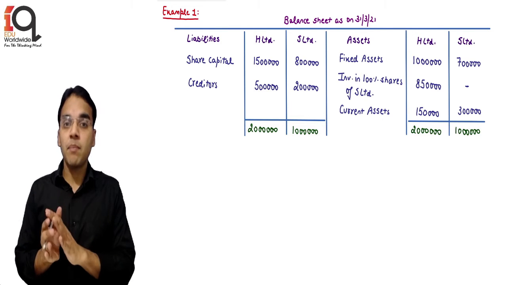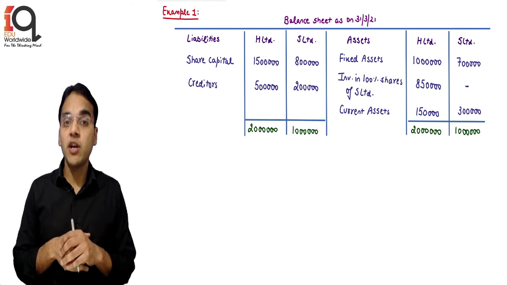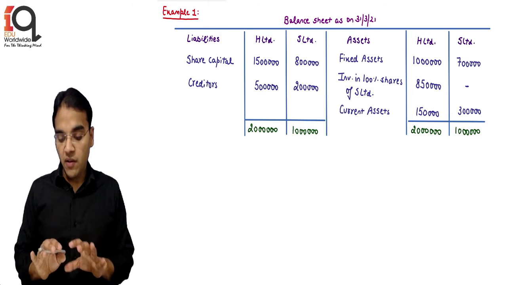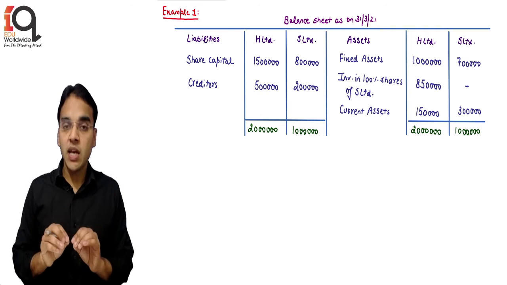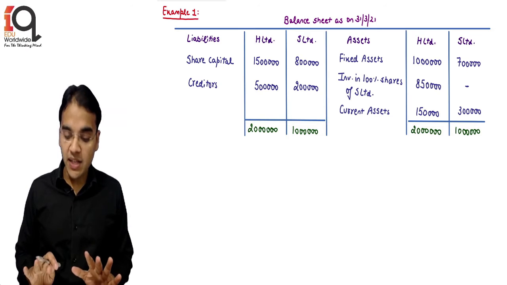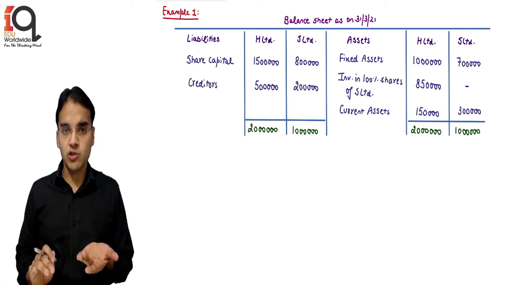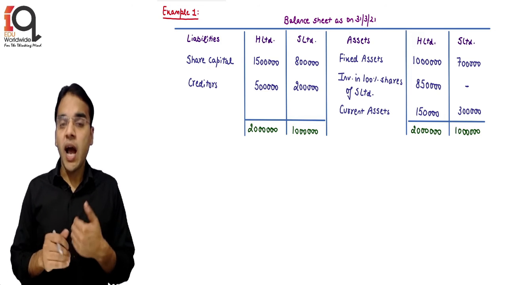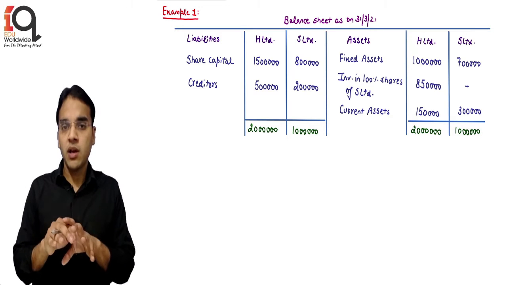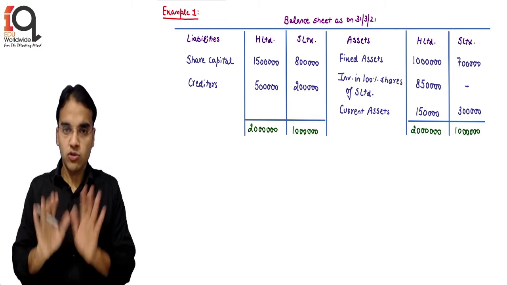With these examples, we will understand the concept of making the consolidated balance sheet, and these examples are there in your handwritten notes, students. You will also solve with me how to solve these examples. Coming to example number 1, the balance sheet is given. I have given you the balance sheet in the T shape, and in these examples I will also make the consolidated balance sheet in a T shape only, so that we understand the concept, and then the making of the consolidated balance sheet as per the format we will understand later. So that's not a problem.